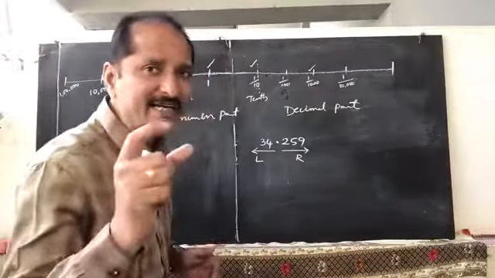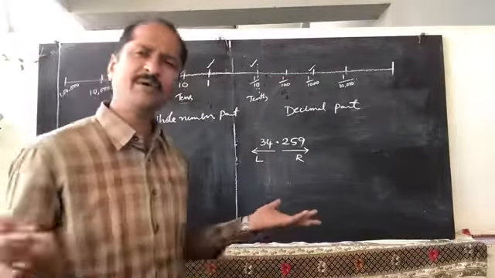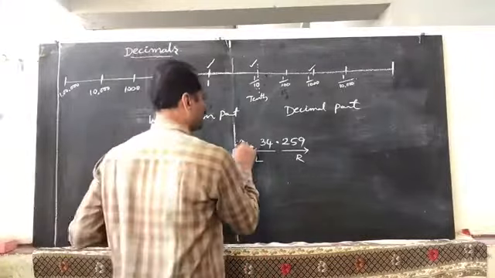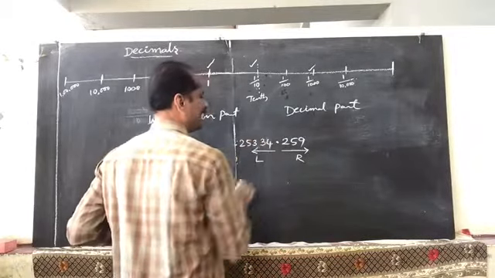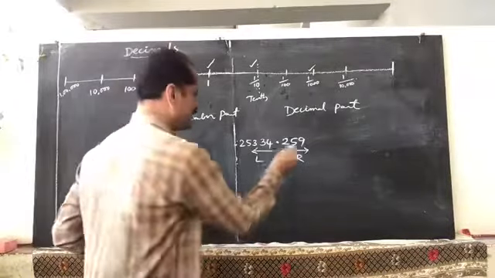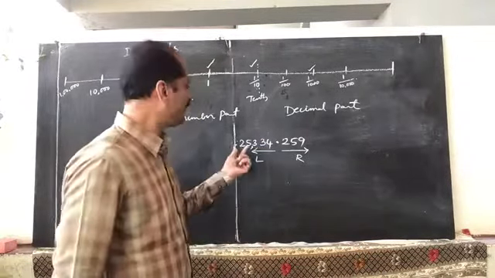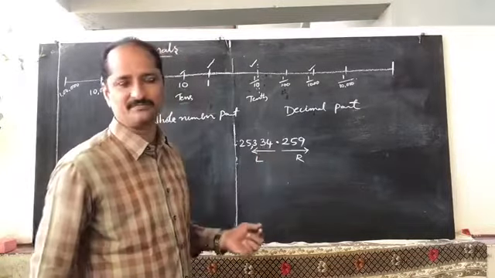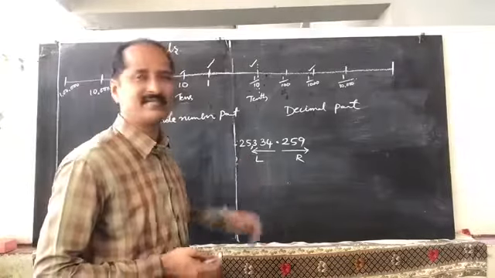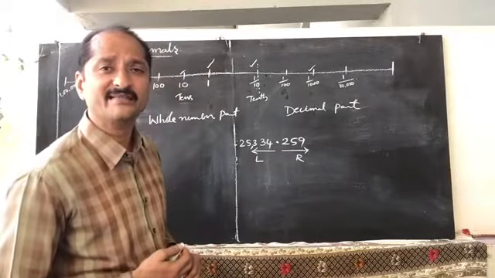How to read a decimal? The whole number part, as usual, you can read as 34. Otherwise, if it is 25,334, then how can you read this? Read it by dividing it into periods: units period, thousands period. So 25,334, as usual we can read. But in the decimal part the digits should be read separately.